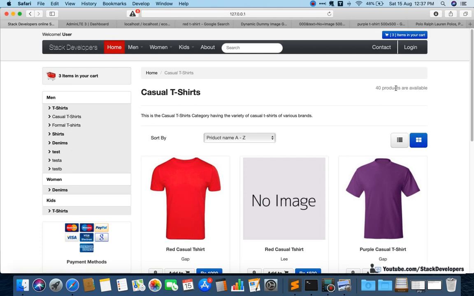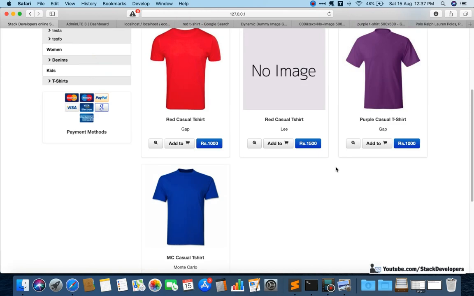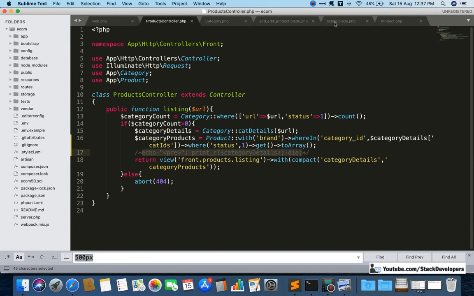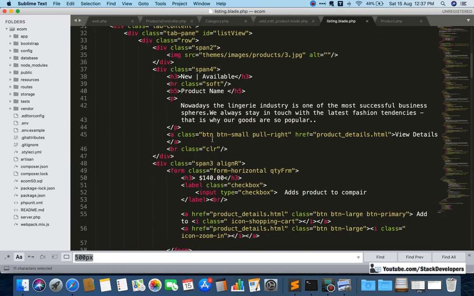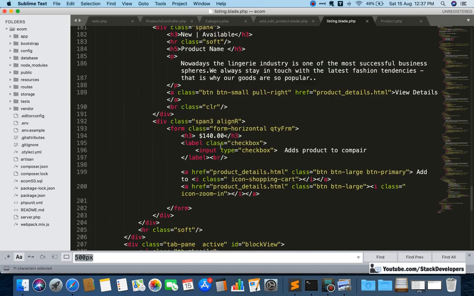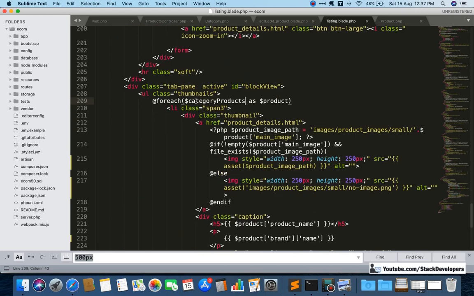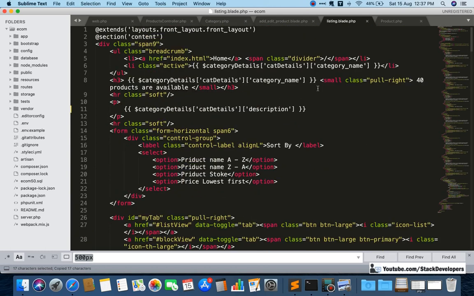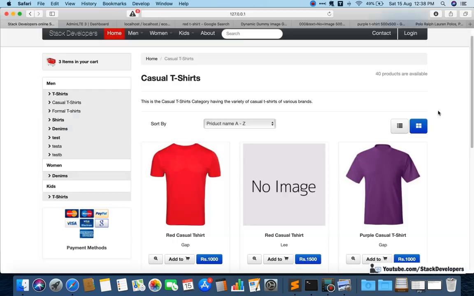Okay, and for the count, we need to add the count here so that we have, like, there are 4 products, so we want the count of 4 products. We can simply pick that variable, that array that we are having, this one. Whatever is coming inside this one we can just pick and give here. Okay, let's try this one.